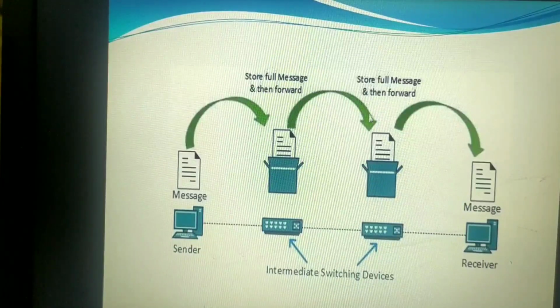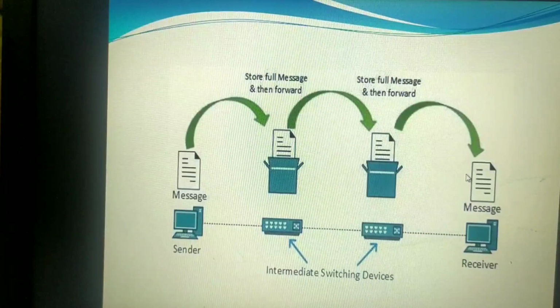When your 400 KB packet comes to this switching office, it will store your data first. No, it will not examine the destination immediately. It will store first, and after storing, then it will see the destination address. Depending upon the destination address, it will forward to the next nearest. This process will continue until it reaches the specific destination. This concept is nothing but message switching. Now these switching offices might be using networking devices known as switches.